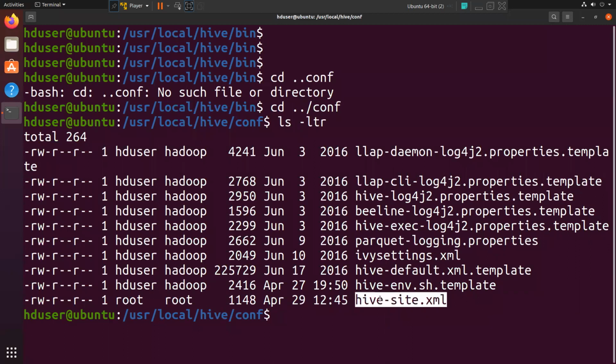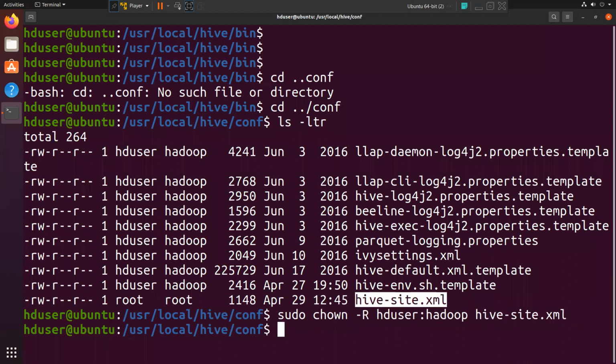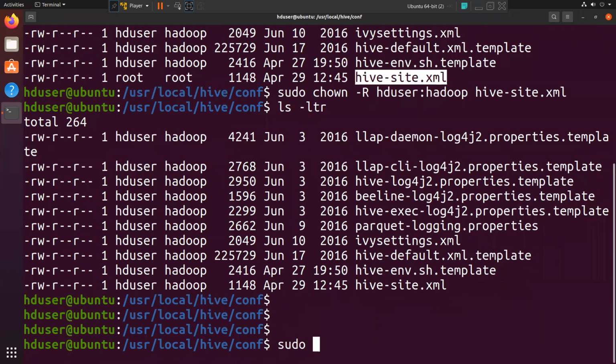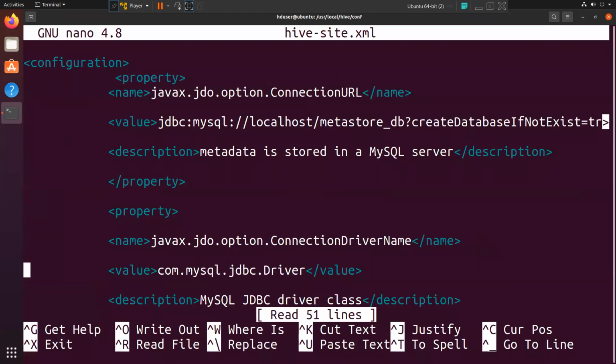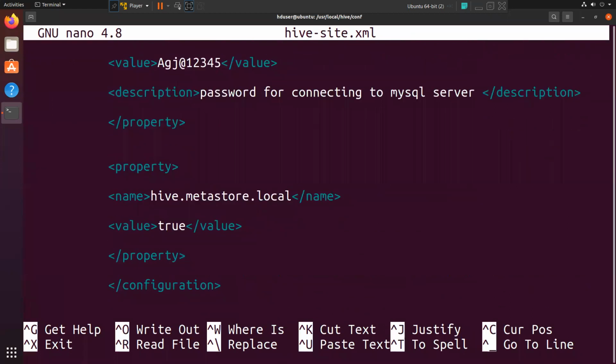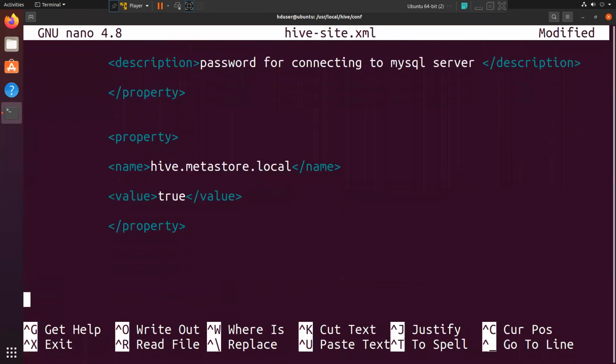For the hive-site.xml, the user is Hadoop, right? sudo chown -R hduser:hadoop hive-site.xml. Okay. Now ls -ltr, sudo nano hive-site.xml. Come down to the last lines. Before the closing property tag, press enter, and then